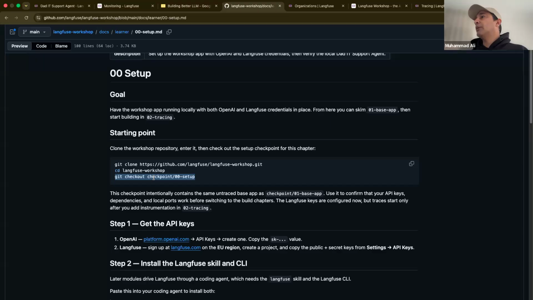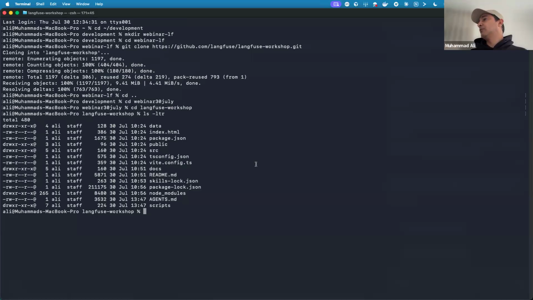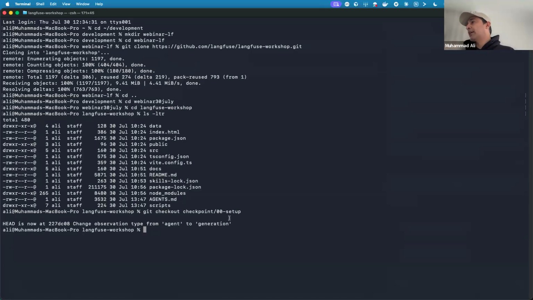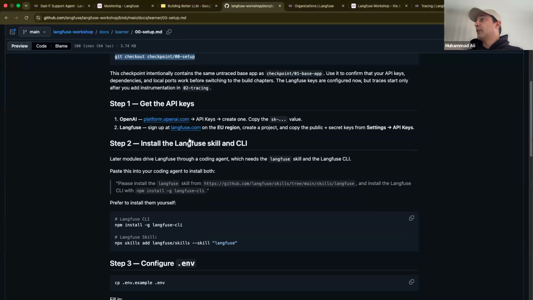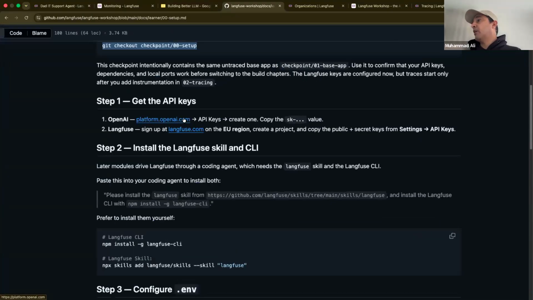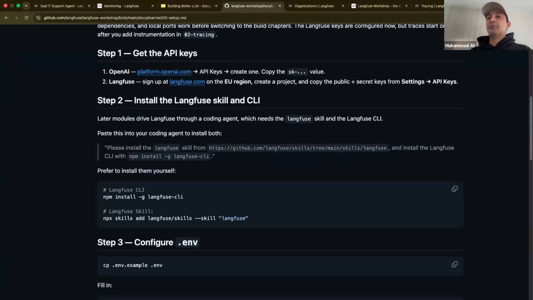Now we will check out a specific tag that will bring the code into the shape that we want to start with. So I'll just do this. And I am now at that tag. So I've already copied my API key. I'm assuming people have done the project API key deployment.